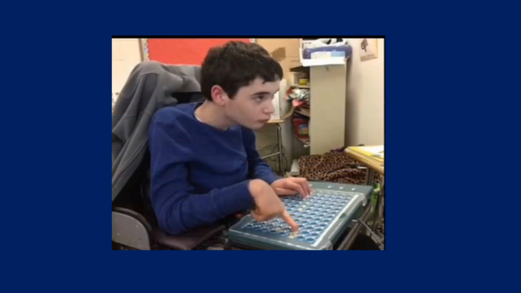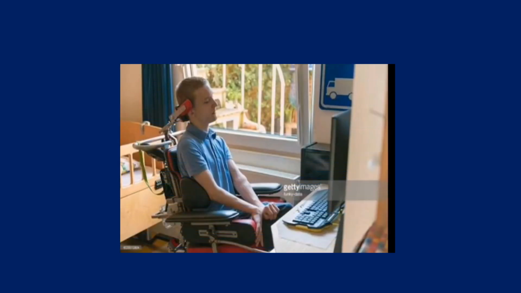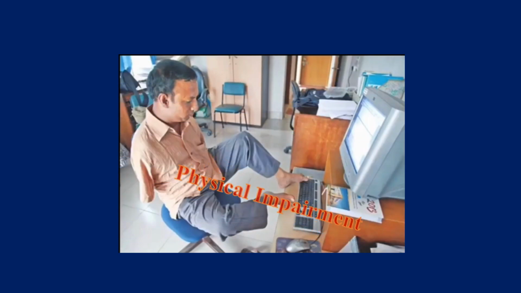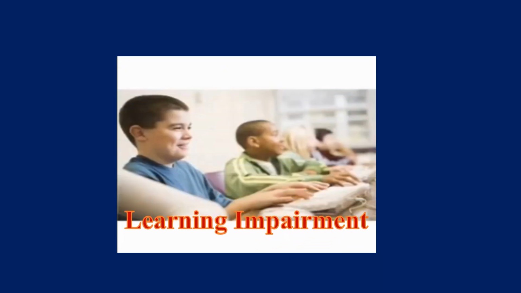There are many people in this world who are suffering from some physical disorders such as visual impairment. Visual impairment means inability to see, color blindness, low vision, etc. There are also people who are suffering from hearing impairment, that is totally or partially deafness. And there are also people who are suffering from speech impairment, disability in speech, or physical impairment, that is difficulty in moving legs or hands. Learning disability is also one of the major problems, that means difficulty in understanding.